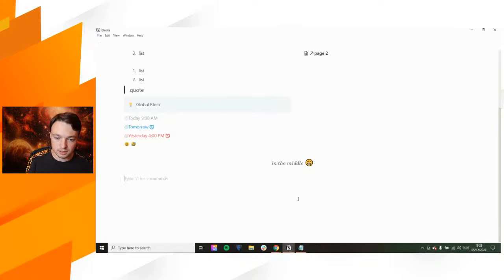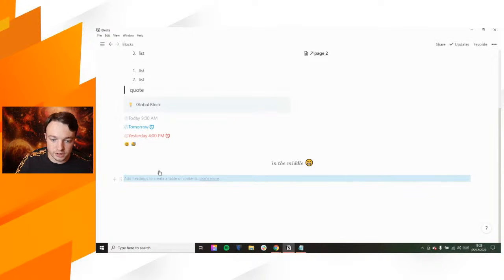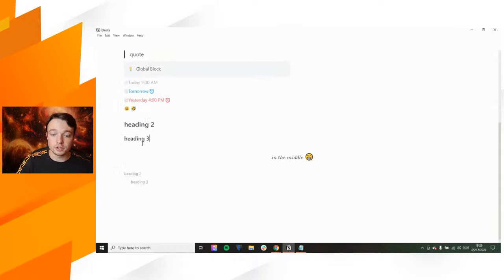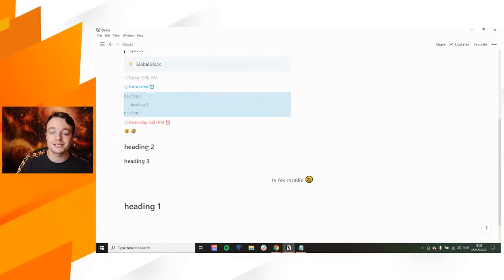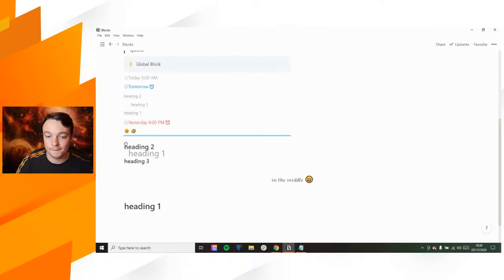But the table of content essentially gives you a table of content, and what this is going to do is look for all the heading blocks. So I'm going to use a markdown, and we're going to go heading 2, and then we go heading 3. You can see it's making this table of content for the content in the entire page. So if I now do this, heading 1 is going to go down the page. So heading 2 was the first one, so it's there. Heading 3 is there. And no matter where you move this block, it will always stay in the order of the page. So if I now drag heading 1 above heading 2,